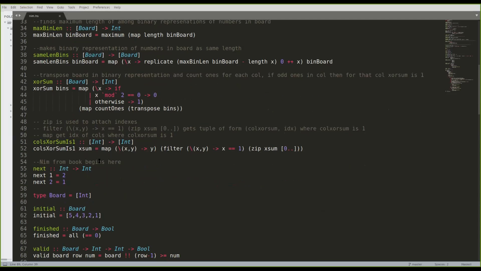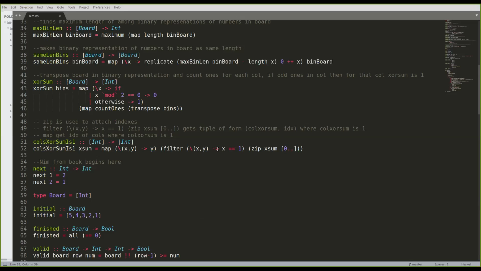So next is columns or sum one. This function gets the index of the columns where the XOR sum is 1. For that, first we need to zip with indexes. That's what I'm doing here. Then I'm filtering, so this becomes a tuple with the second element as the index.